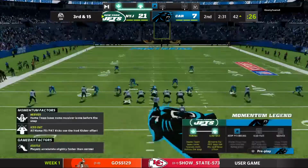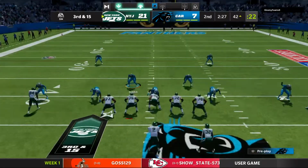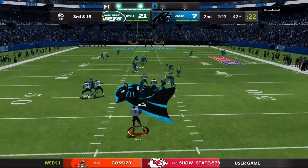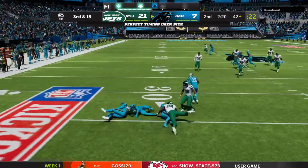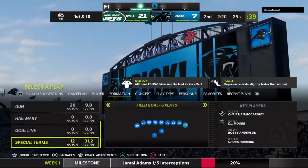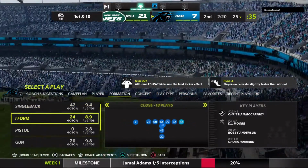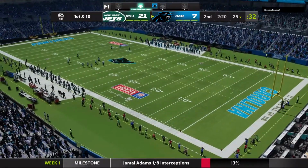And this 3rd down looking very tough after the holding penalty. 3rd and long. Now Wilson. Into double coverage, and it's intercepted. Picked off by Jamal Adams. And the Panthers are going to take over once again at their own 25-yard line. The Panthers take over 1st and 10 at their